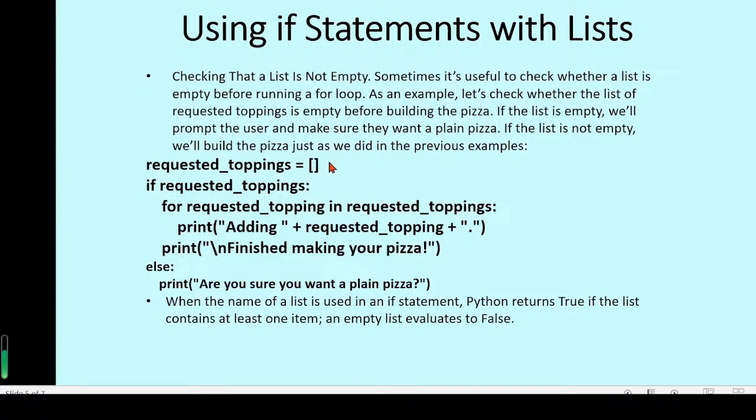So we first create an empty list for requested toppings. Next we will run if requested toppings, which means if requested toppings has at least one element and is not empty, then it will run the for loop. Else, if requested toppings is empty, we will run another message. So when the name of a list is used in an if statement, Python returns True if the list contains at least one item. An empty